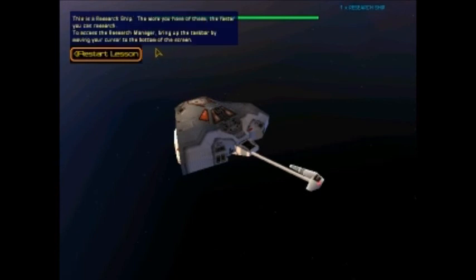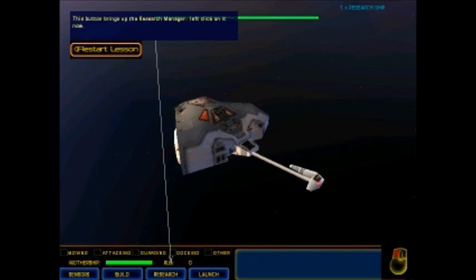This is a research ship. The more you have of these, the faster you can research. To access the Research Manager, bring up the taskbar by moving your cursor to the bottom of the screen. This button brings up the Research